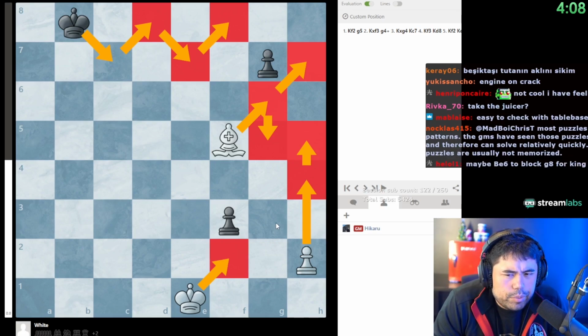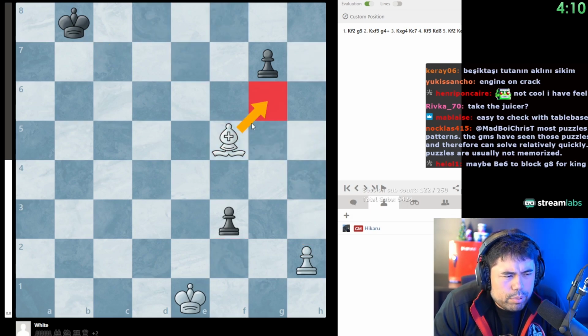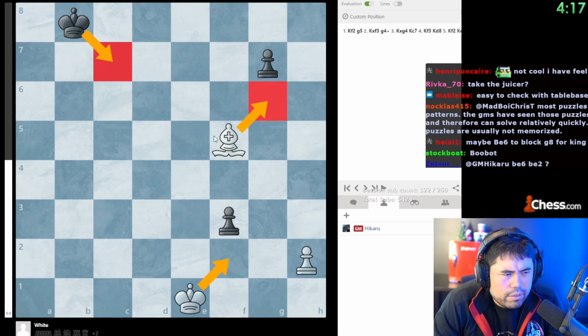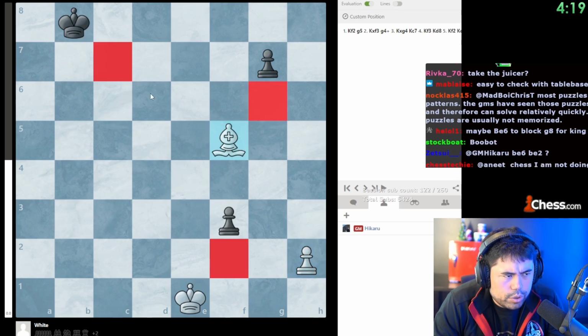Okay, this will take me a little bit. Yeah, the line that I'm thinking, I'm pretty sure it's bishop g6, king c7, but then I have to get the right order. Bishop g6, king c7. Wait, so okay, so here you go here, king d7, okay, king e7, and